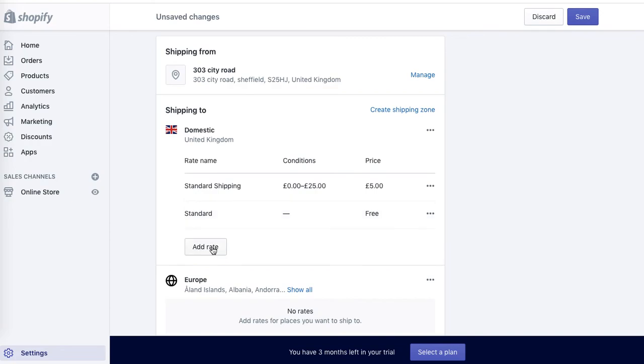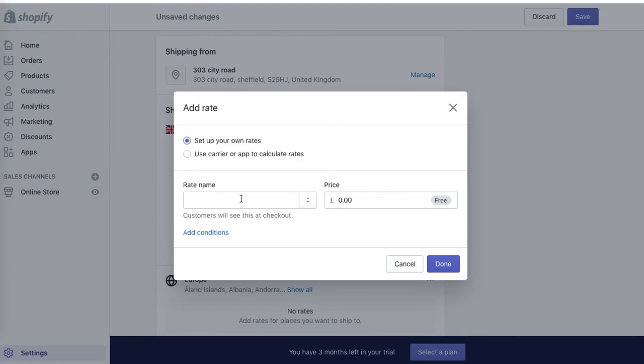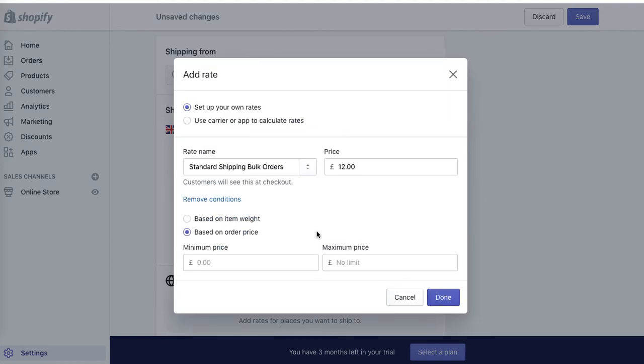If you want, you can set up other shipping rates. So for example, for either bigger orders or for heavier items. So another standard shipping, bulk orders. And let's say it will be £12. Then add conditions. The previous one was up to 25, so let's say £25.01 and no limit,